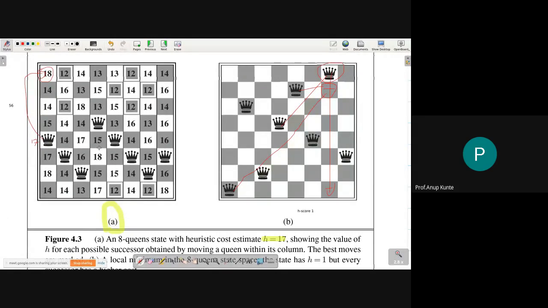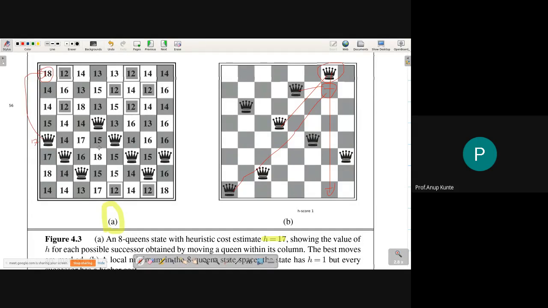The h value for this scenario is 17, and we are now applying the successor function. The successor function generates 56 neighboring successors, and out of those 56, only those successors which have value less than 17 will be considered for replacement as the new current node.